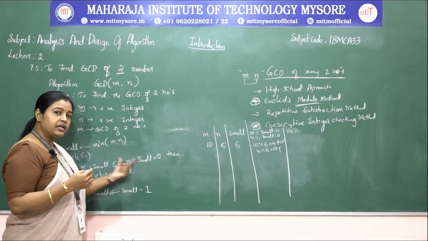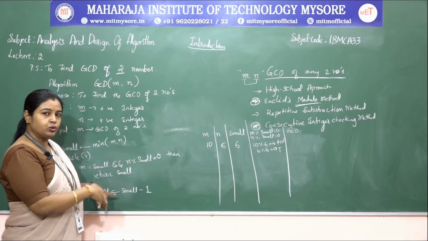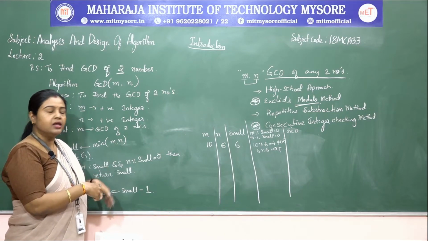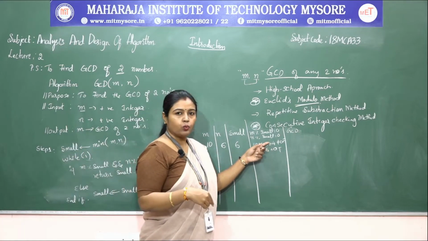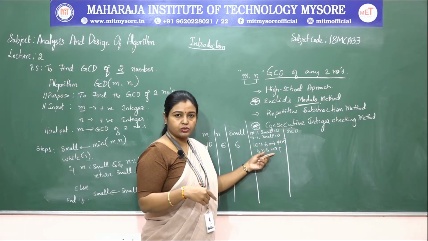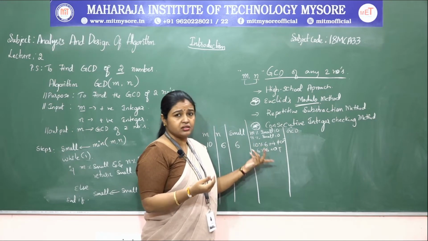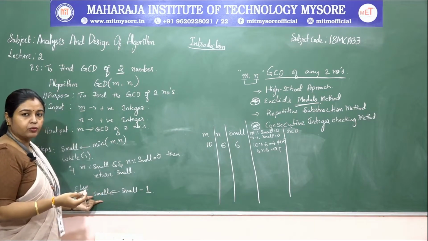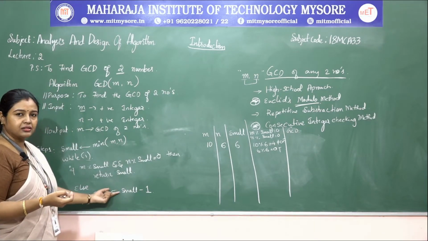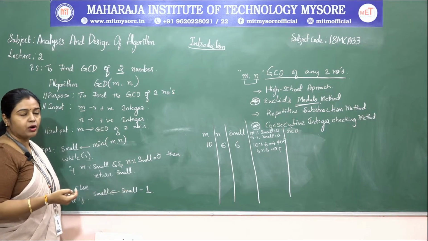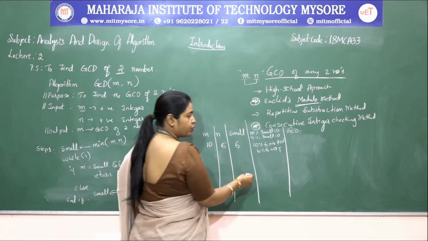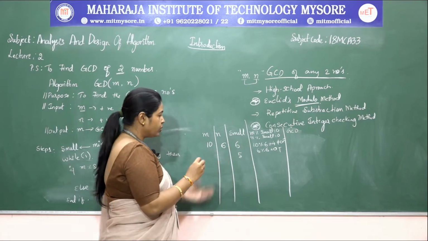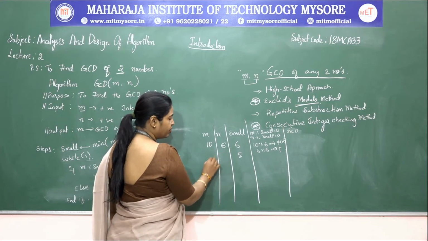See, but here I have put the AND condition. If both the conditions are true, then only we need to execute the next statement. Otherwise, we need to execute the else part. Now here one is false, another one is true, so it is false only. Therefore, we need to perform the else part. What is the operation in the else part? We have small is equal to small minus 1. So reduce the small by 1. If you reduce the small by 1, what is the small value now? Small value becomes 5.